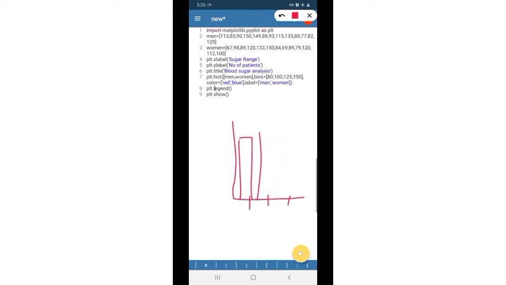Here we are giving the bin values as 80, 100, 125, 150. So the bins will be 80 to 100, 100 to 125 and 125 to 150. It will be 80 as the starting position, then 100, then 125, then 150. Since the values are given, it will be directly given accordingly.